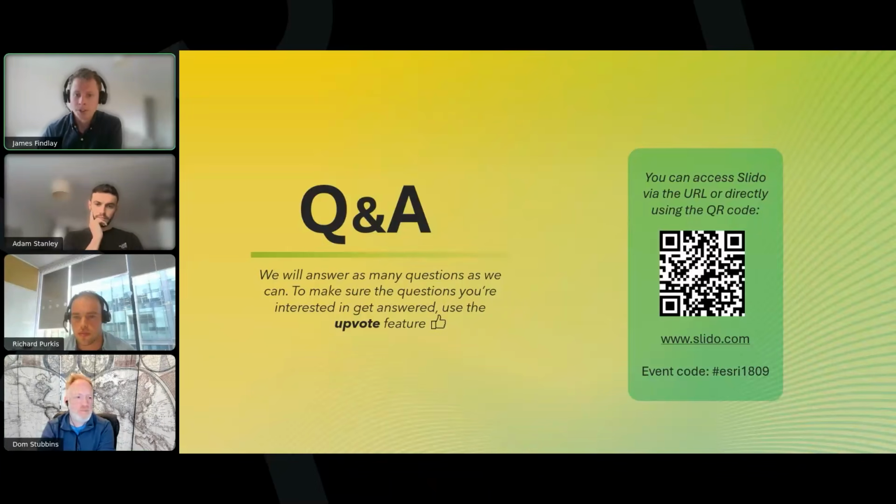And Adam, we saw some cool workflows there in ArcGIS Pro. If I wanted to add in that AI assistant, how would I go about doing so? Yeah, so in the early adopter community, there's a download that you need to add to your existing install of Pro. So you can do it to an existing install. It's worth noting, there's a small part that tripped me up. When you first install Pro, it would have given you the option as to whether you wanted to add in certain packages that would facilitate installing an AI assistant in the future. I personally had said no to those, so I then had to go back and add those to my install of Pro. You can do that using the installer that you first used when you installed Pro,